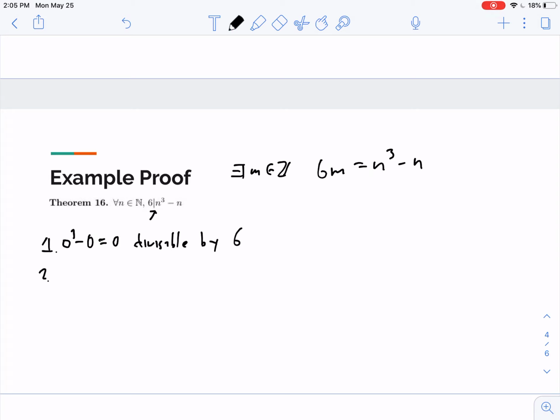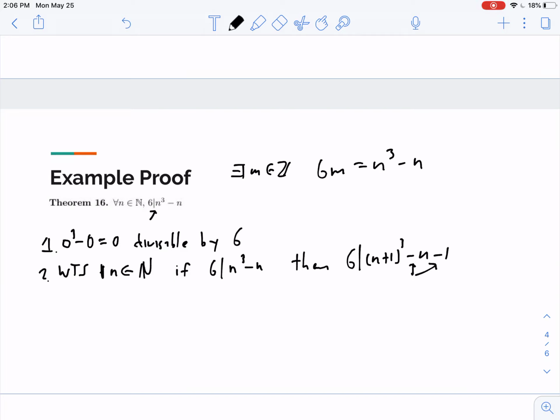Usually, and I'll write down what we're trying to prove here first, we want to show, and we usually write "want to show" as WTS, for any natural number n, that if 6 divides n cubed minus n, then 6 divides (n plus 1) cubed minus n minus 1, right? I just distributed the minus over n plus 1. And so, again, we're going to use proof of universal statement here, right? So we're going to fix an arbitrary n in the natural numbers